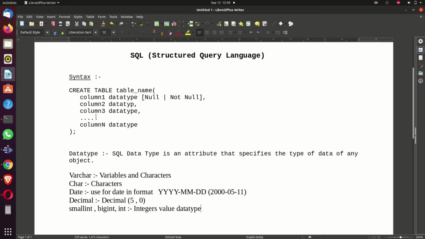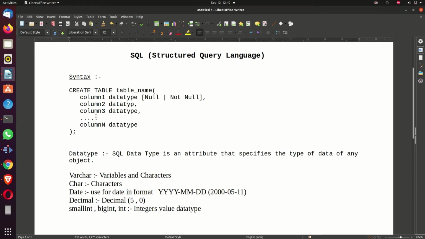So after entering the number of columns that we want in our table, close the circular bracket, and as usual at last we have to put the semicolon. Semicolon is very important in MySQL because each and every statement in MySQL ends with a semicolon. So here we are done with our syntax. Let's move towards our online editor tool, that is rectester.com.